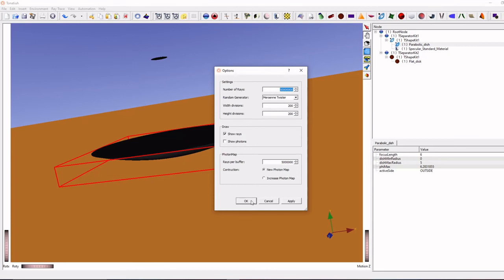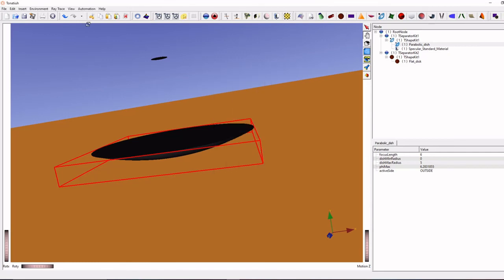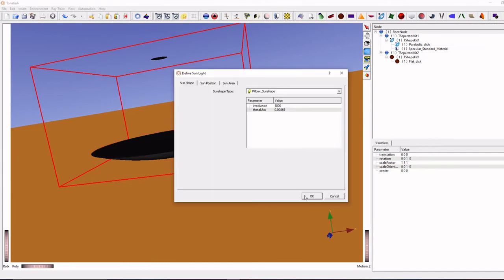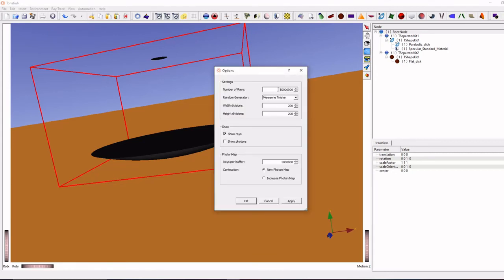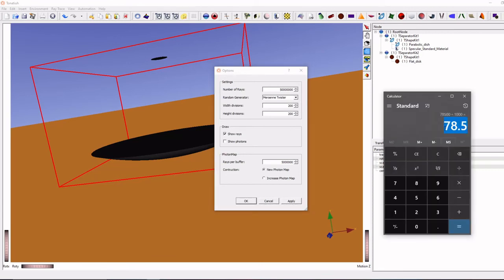So I always recommend you to first do the sunlight as a constant 1000, and next do this ray trace validation, ray trace simulation validation. So in that way you can compare the actual result with simulation result. So we found that it should come 78.5 kilowatt, but actually we getting 90 kilowatt something.